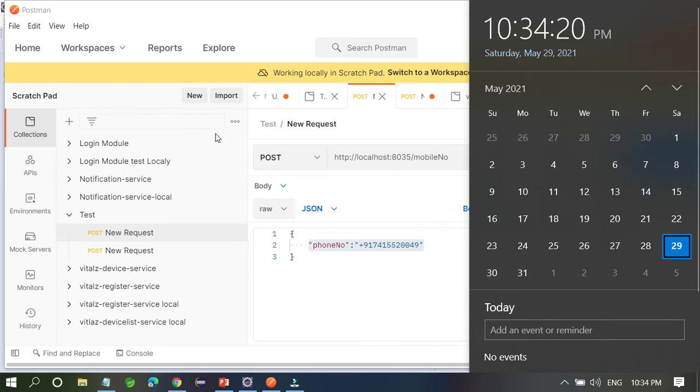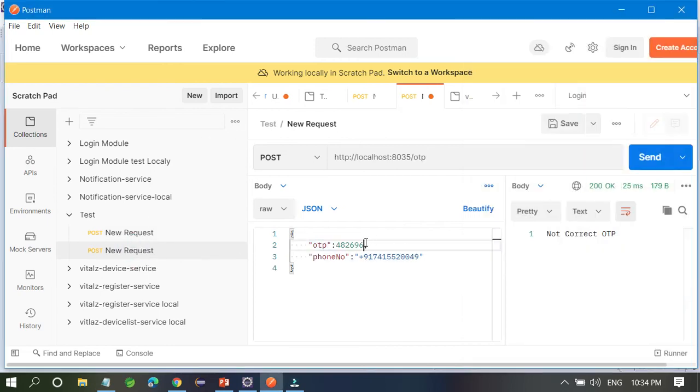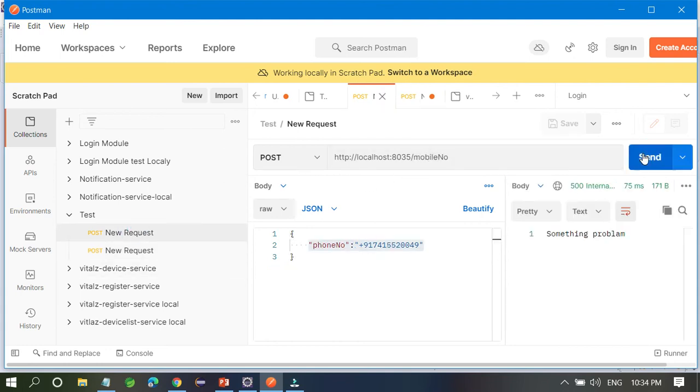So first I am going to enter this OTP before 1 minute. This OTP is like 8675 7573. Right now the time is 34. I think this OTP is still good. So this is saying correct OTP. One more time I'm going to send OTP. Yeah, some problem occurred, like an internal server error. Okay, OTP sent successfully. Okay, good.